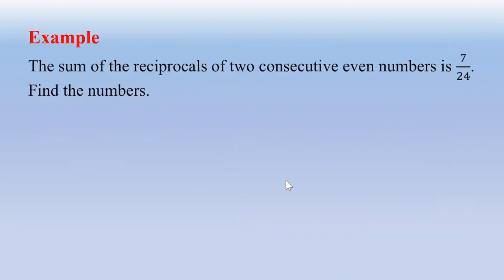So here is our first example. The sum of reciprocals of two consecutive even numbers is 7 over 24. Find the numbers. So here we are looking for two consecutive even numbers. What we can do is first assume those two numbers. So that's where we begin. So let the numbers be